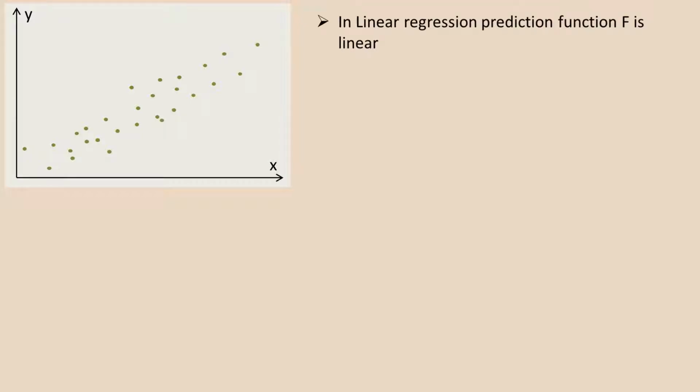In linear regression, your prediction function would be linear. It means that you will be trying to build a line like this. And this line is going to more or less describe your experimental data. It's not going to precisely match your data, but it's going to show some tendency, and it is assumed that your future data will also be grouped around this line.